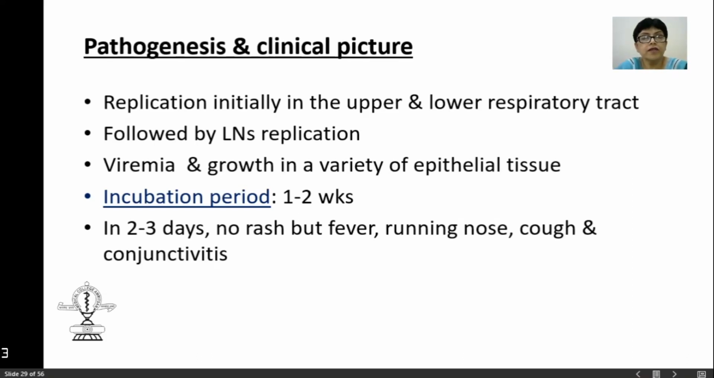So first of all, the virus is spreading from the respiratory tract to the lymph nodes, and from the lymph nodes through the blood it is going on to the rest of the body and mostly to the epithelial surfaces. So first of all, the epithelial surface of the respiratory area, which is just 1 to 2 cells thick, will be involved, giving rise to respiratory symptoms. There will be rhinorrhea, runny nose, conjunctivitis and nasal secretions, which will be followed